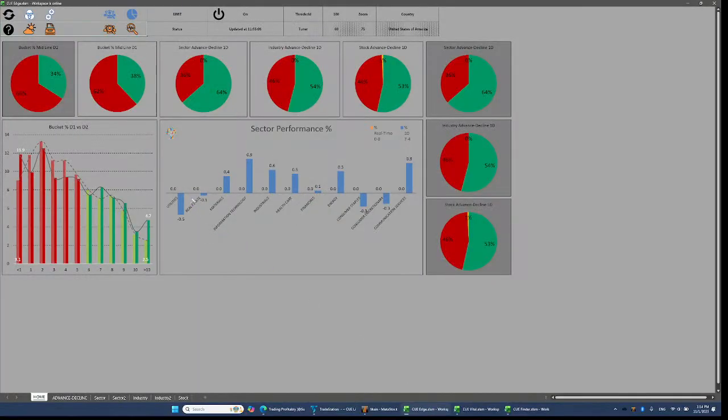Bucket analysis also shows the market is not bullish. It is actually bearish because 62% of S&P 1500 stocks, a nice mix of small, mid and large cap stocks, are below the mid Bollinger Band. Is it oversold? No. For this to be oversold, the percentage of stocks in the lowest bucket, less than 1, that is stocks below the lower Bollinger Band, has to hit 30 to 40%. It is not there yet. So it is bearish